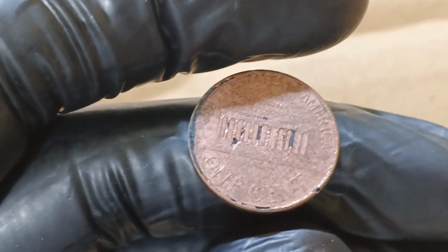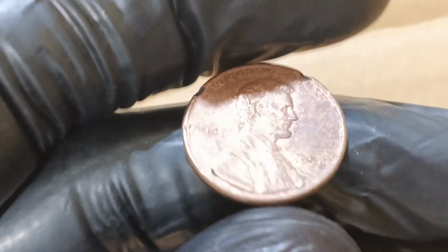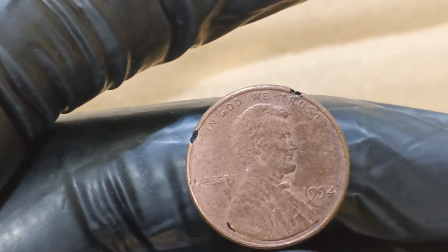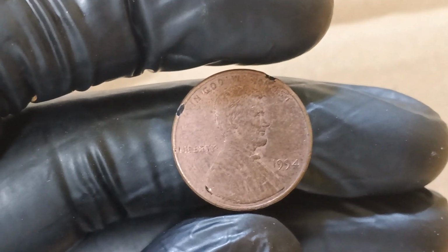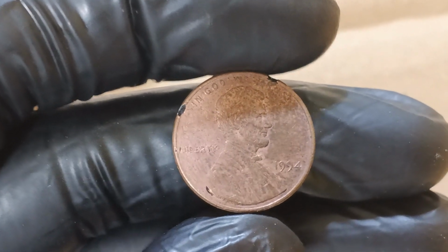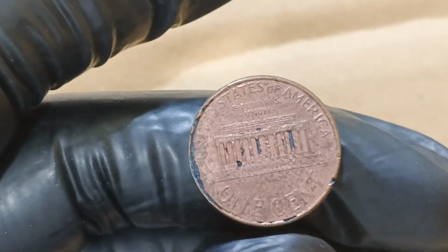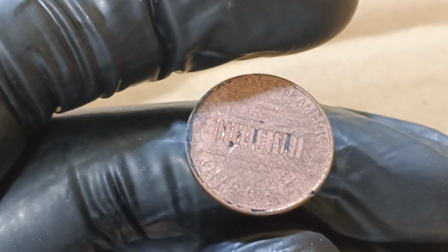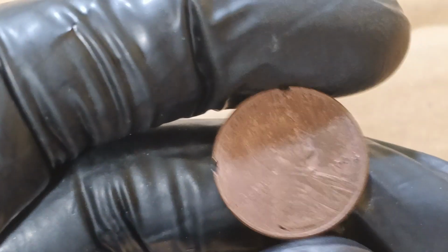Hundreds of lookalikes have been discovered, off-center strikes, partial clips, double dies, but none match the original in every detail. Still, hope remains. For in the vast sea of coins out there, another might exist. Another 1994 cent with the right weight, the mysterious ghost mint mark, the ultra-detailed Lincoln bust, and that impossible alloy composition. As the buzz around the 1994 1-cent coin reached unprecedented levels, it was only a matter of time before